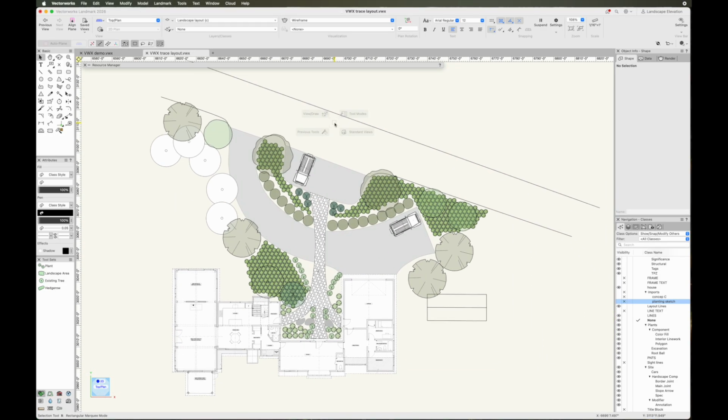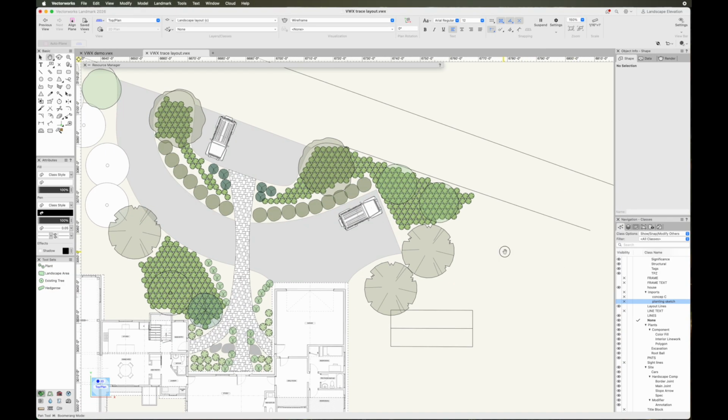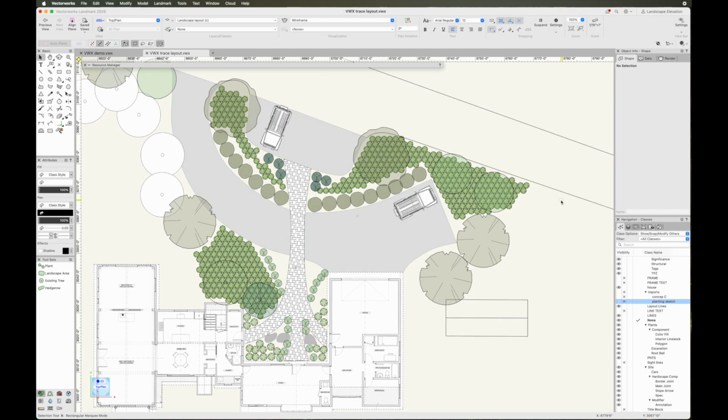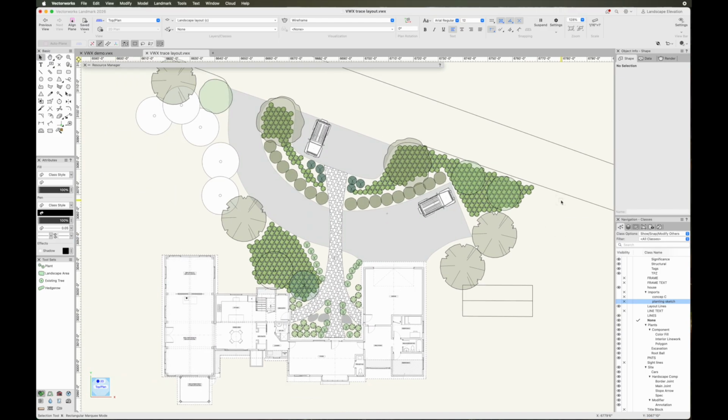They can't picture it live in their brains. So some can, but not all of them. And so really, these are helpful for selling a project, having these 3D